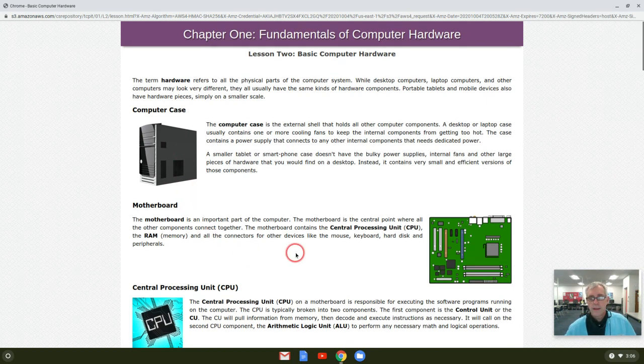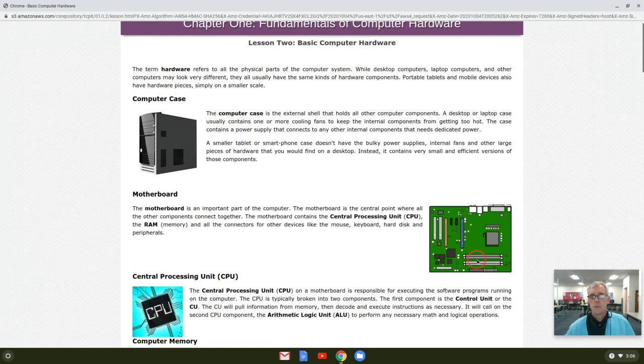The motherboard, now that is the main part of the computer. This is where it pulls everything together, and that's why it's called a motherboard. It's like the mother of a family that keeps track of all the children. And so here, the motherboard keeps track of all the parts and it knows what's plugged into it, it knows what's working, and things like that. The processing unit, that is the brain. That's where decisions are made. It decides what to do.